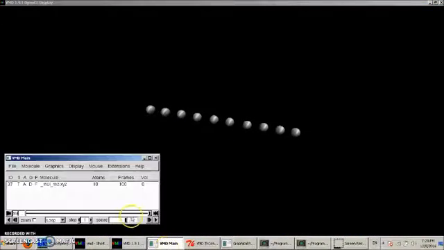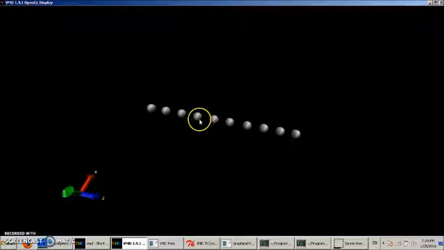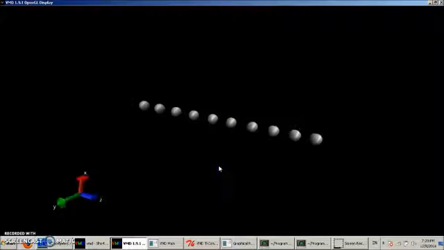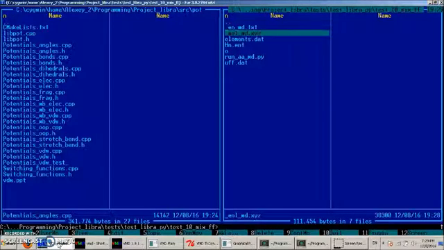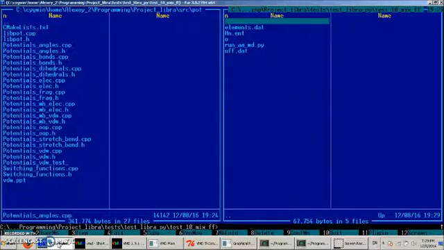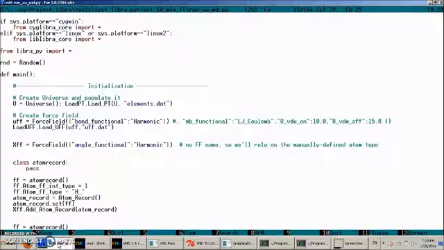So yeah, you do get some sort of linear structure, but probably the forces may have some errors, so better not use harmonic potential for linear chains. And instead of that, we will basically be using another type of functional,